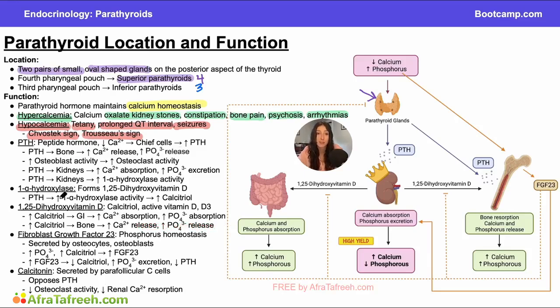So we've talked about why it's important to have just the right amount of calcium in your body, but how do we maintain that? Well, it's through this pathway. So first over here, let's look at our parathyroid glands. Remember, we have our superior and our inferior parathyroid glands on the back of our thyroid, and they're going to respond and release parathyroid hormone anytime we have decreased calcium and increased phosphorus. And it's primarily concerned with the decreased calcium, although the increased phosphorus can also trigger the release of parathyroid hormone